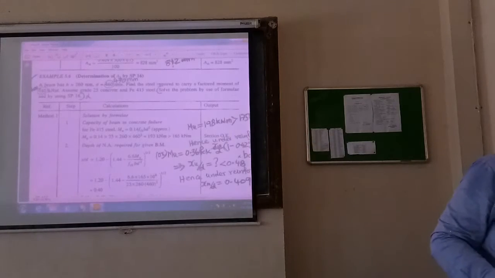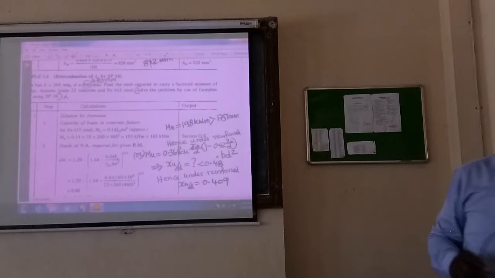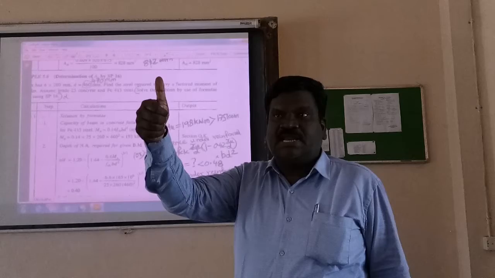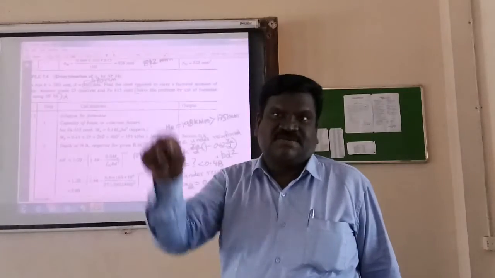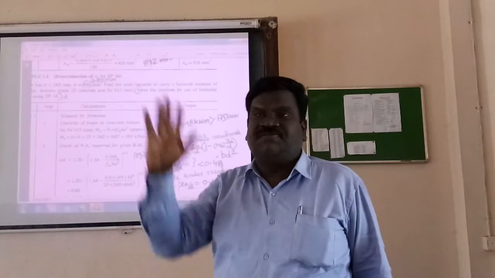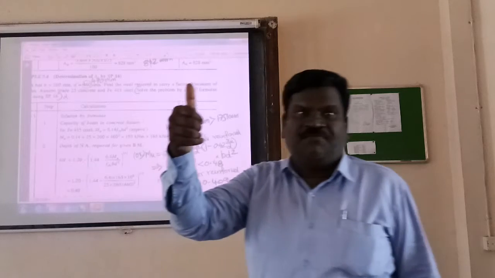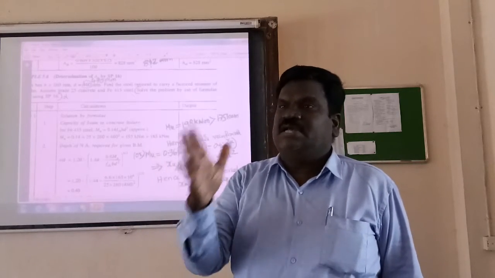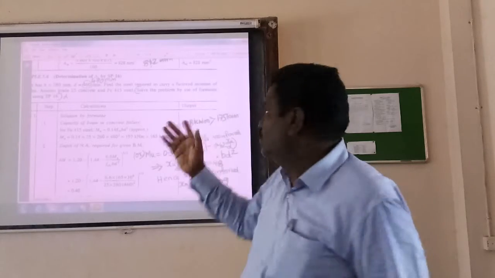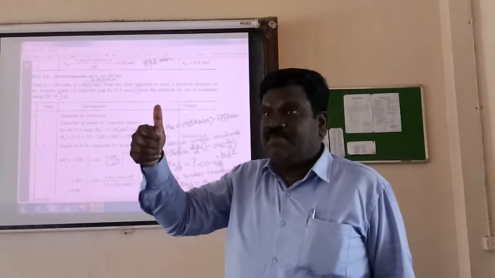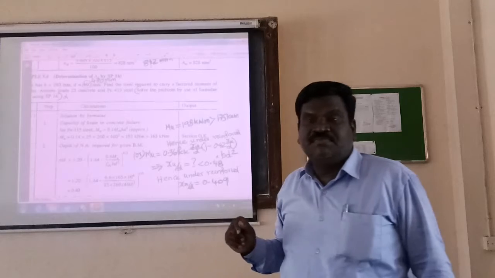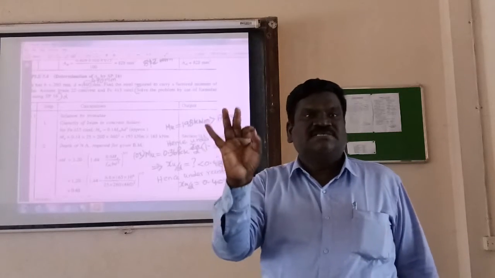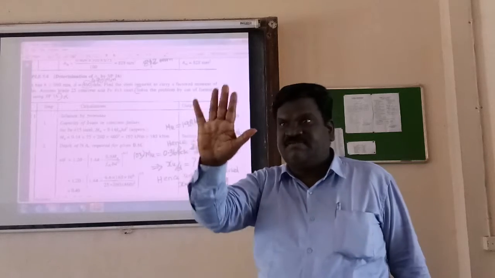You will get 198 kN/meter as the ultimate load carrying capacity of the given section, which is greater than 170. The given section is capable of resisting 198 kN/meter, but it has to resist only 170 kN/meter. It has the ultimate carrying capacity of that much. It means the section is working.